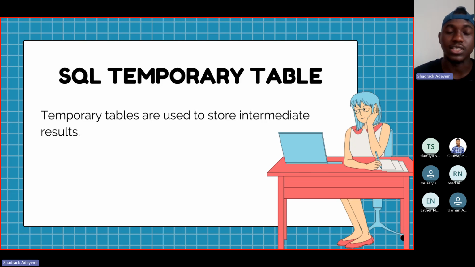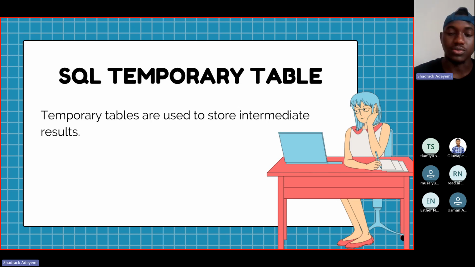They work hand in hand. Most times when you are learning about subqueries, you also have to learn about temp tables. Basically, temporary tables are used to store intermediate results, pardon me. You don't necessarily want to store a set of return values in your database, so you use a temporary table.